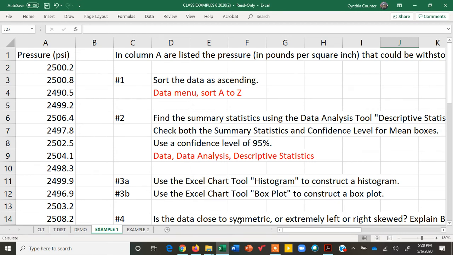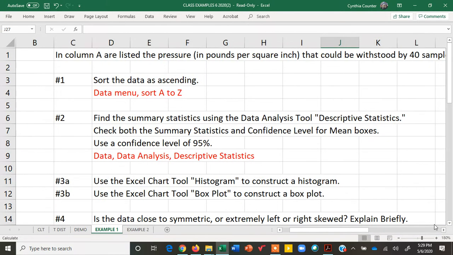Hello everyone. In this video, I want to focus on using the Descriptive Statistics data analysis tool found in Excel. I will be using Excel 365 for this. And the first thing you're going to need to know is actually how to download this tool because it is